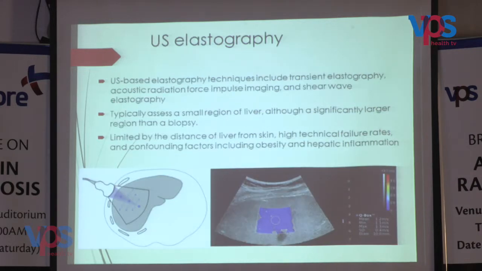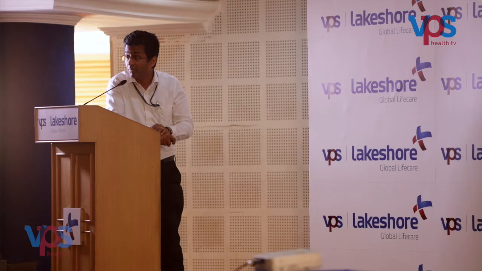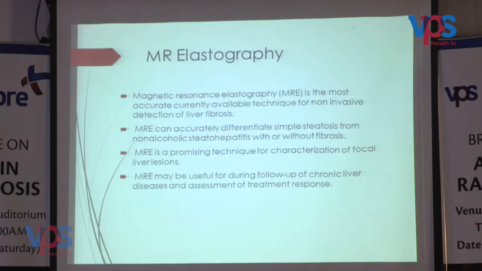I won't really speak about ultrasound elastography because Michelle has already covered it in some detail. MR elastography is the most accurate currently available technique for non-invasive detection of liver fibrosis. It can accurately differentiate simple steatosis from non-alcoholic steatohepatitis with and without fibrosis. It's a very important application, a tremendous scope. We can detect fibrosis at a very early stage, before morphological changes manifest. It's a promising technique for the characterization of focal liver lesions. It's an area of research, and